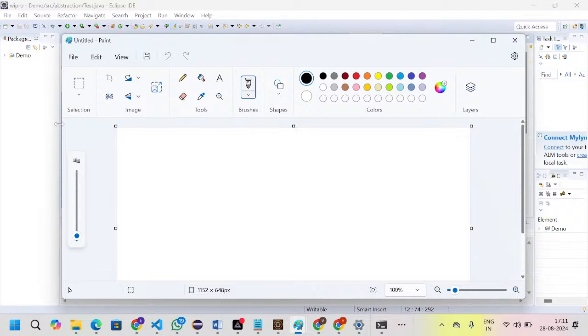So see here, generally what will happen in the internal process is,